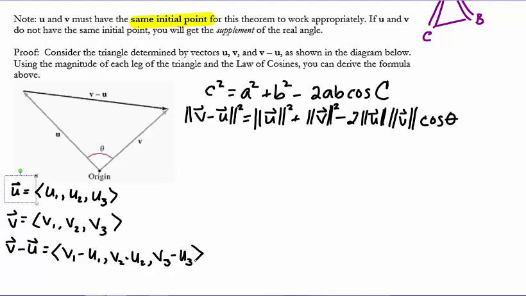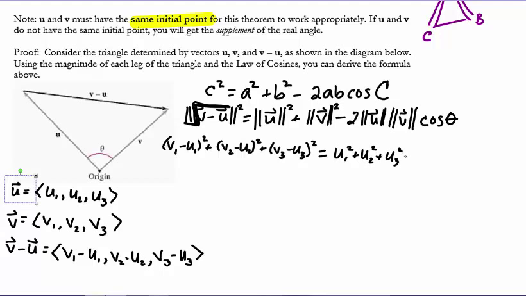So then, when I come up here, V minus U squared really would be the magnitude, which has a square root on it, right? If I take the square root and then square it, they cancel out. So V minus U squared really just gives me the sum of the squares of V minus U. So this is going to be V1 minus U1 squared plus V2 minus U2 squared plus V3 minus U3 squared equals U squared, so U1 squared plus U2 squared plus U3 squared plus